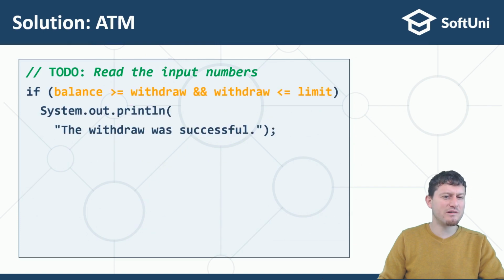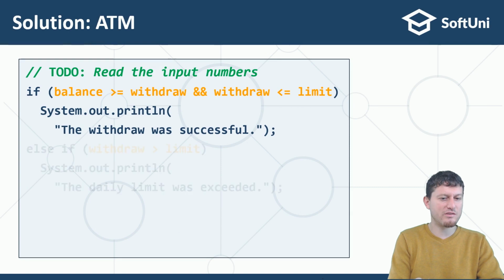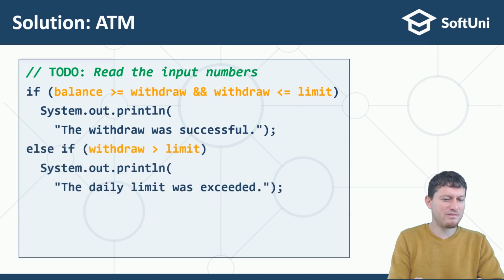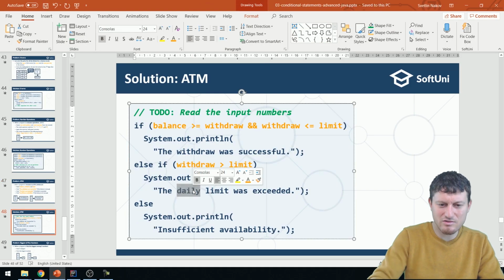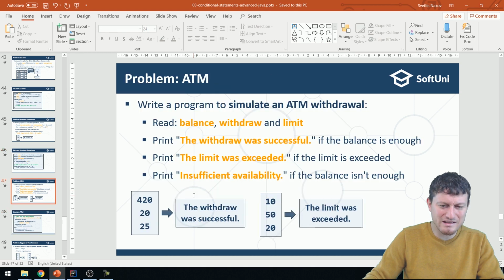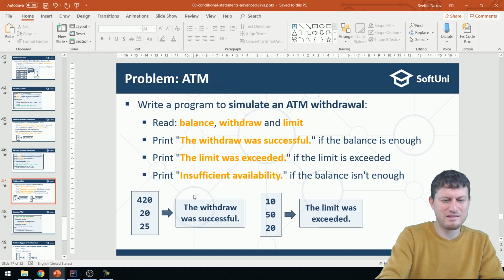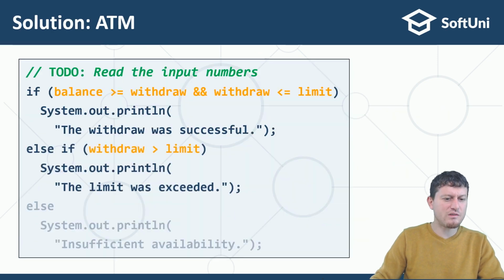should be very similar. Read the numbers, check whether the balance is enough and the limit is okay, and we print the withdrawal was successful. If the limit is reached, we print that the limit was exceeded. It's not daily. I changed this because it's not correct to be daily. It's a per operation limit. Sorry. And finally,